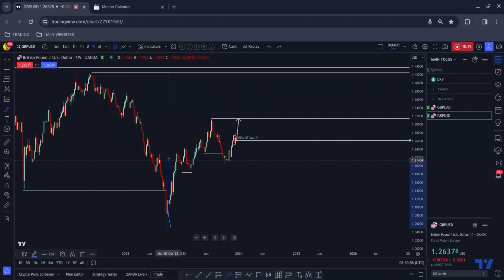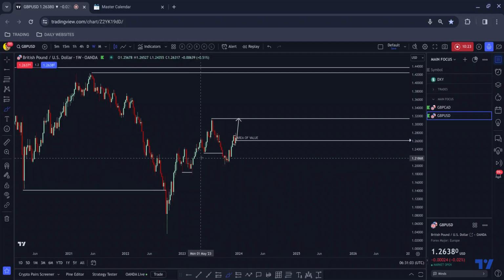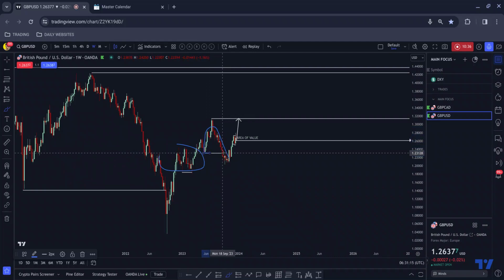And just as with pound CAD, we have this impulse correction continuation. Price leaves a footprint. We break out of all of this volume, and price leaves a footprint here. That would have been an area that the bigger players would have been looking at. It comes back down, taps into that area, people start selling once again, and they get themselves caught on the wrong side of the market. Price pushes up, so there's no need at this moment in time.